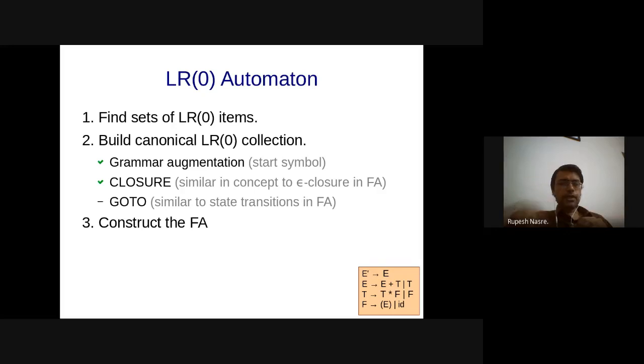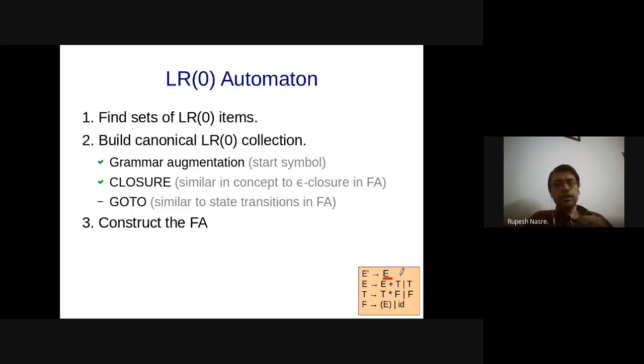The way we created this LR0 automaton is that we find the LR0 items. LR0 items are created by first augmenting the grammar. So E prime deriving E in this example was our augmentation, so that dollar always appears at the end of this string.